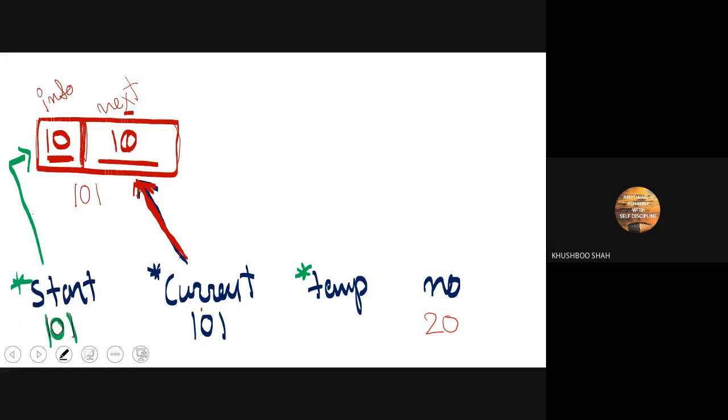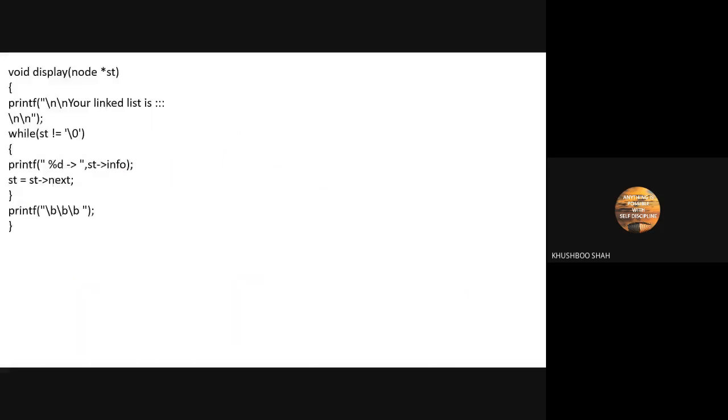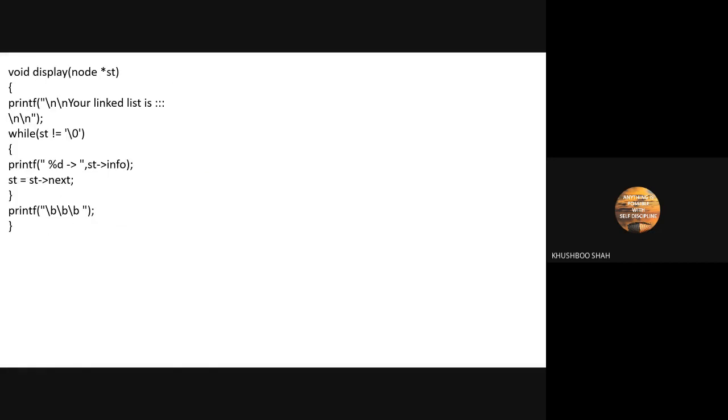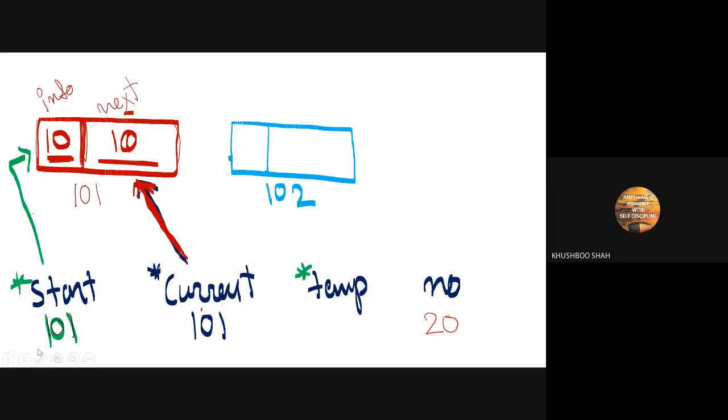Inside the memory, it will occupy 6 bytes, which has 2 sections, and let's say the address of this location is 102. I'm just assuming 102. After getting the address from this line, I assign that address to the current variable. See carefully.